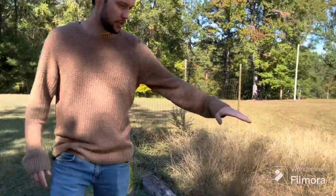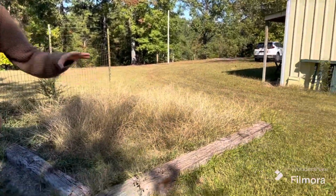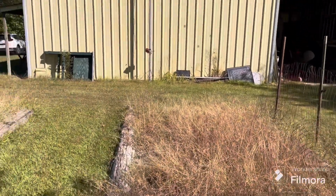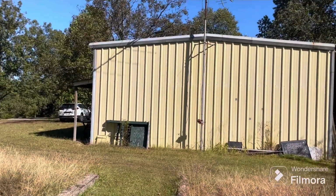We're still up on top of the hill. We're out behind the big yellow barn right now. These are fallow, but they had also planted some things here. I think watermelon or squash or something low to the ground, if I remember right. And then over here,